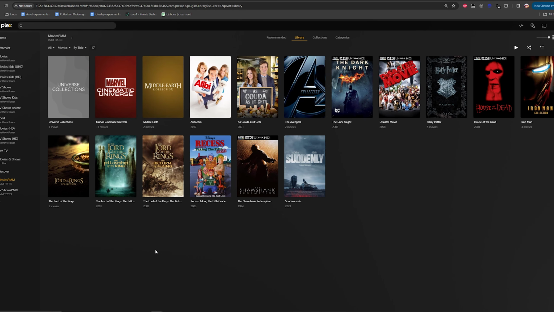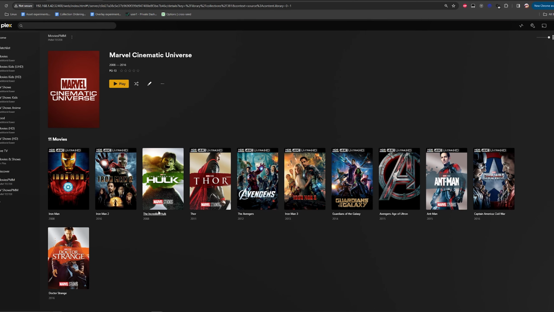Notice the Incredible Hulk disappeared, right? Now you might be thinking, what the heck, where did that go? Take a look here. Under Library, we can see Universe Collections, okay? Middle-earth, Marvel Cinematic Universe. Notice under Marvel, it swallowed the Incredible Hulk, right? It took it because, yes, Incredible Hulk is part of the Marvel Cinematic Universe. But